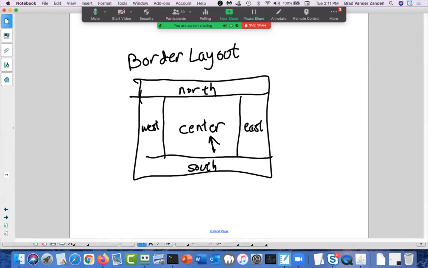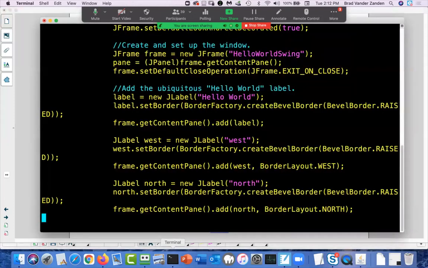So you can only display in effectively 5 components. If you try to add a second object to any of the regions, it overrides the first one. So you wouldn't see what the first one looked like. So here I'm adding 5 labels, 4 of which I'm specifying